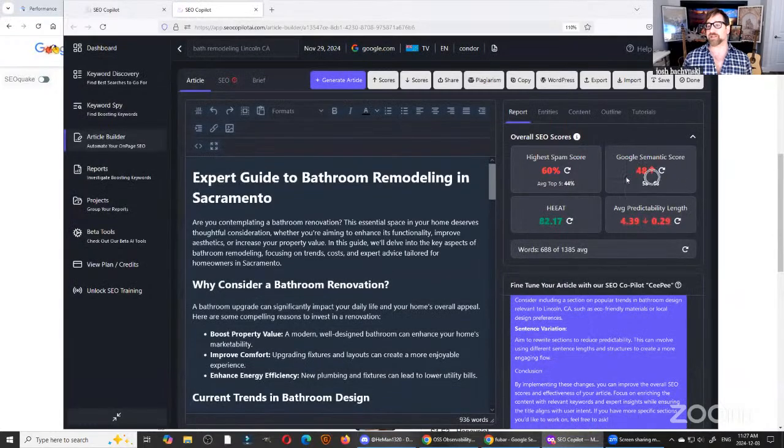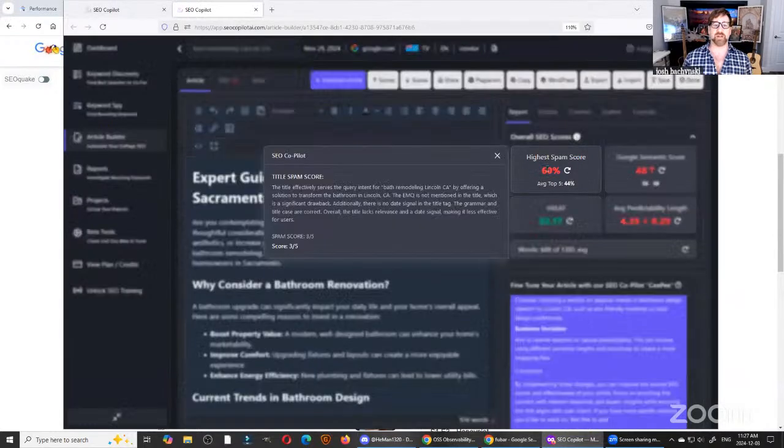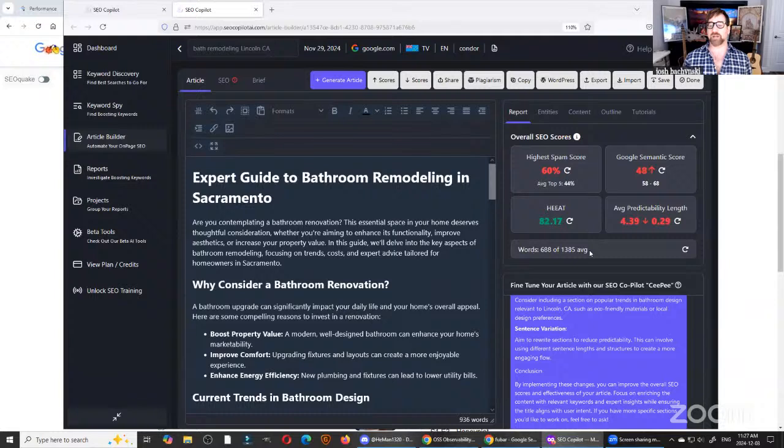And that means for every single area that can be spammy, the title, the URL, the meta description, the H1, and the body content, that all needs to be in the green. And this needs to be in the green. It needs to go up by at least 10 points, probably closer to 20 points. The reason the semantic score is too low, the reason we're not talking about the topic enough, is because the word count is too low. So I need to add content, really.